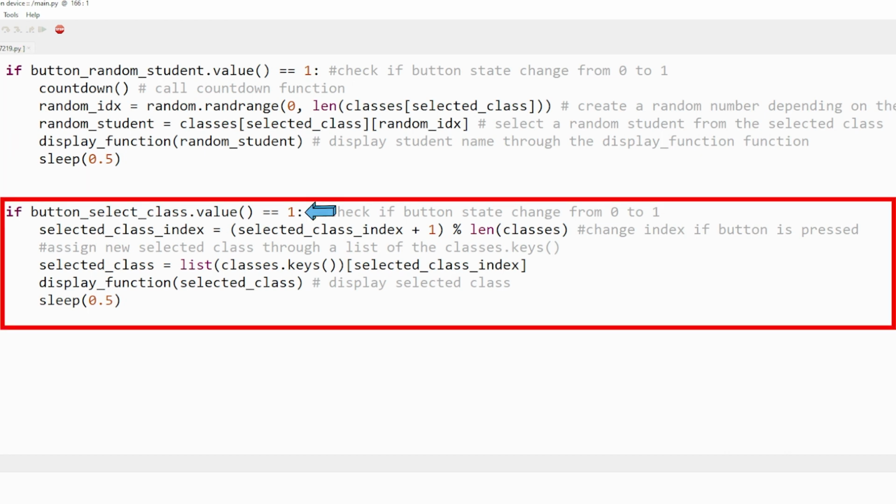For the select class button, once we press it, we add a value of 1, and we use the modulus operator with the number of classes to ensure that we will always loop through our classes. We then make sure our selected class is updated by accessing our dictionary keys by making a list of it, and then assigning it to selected class, and then we pass that over to the display function to display the